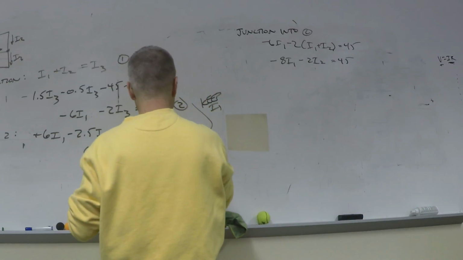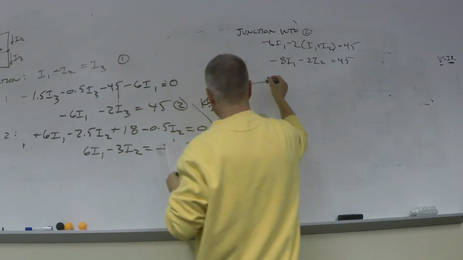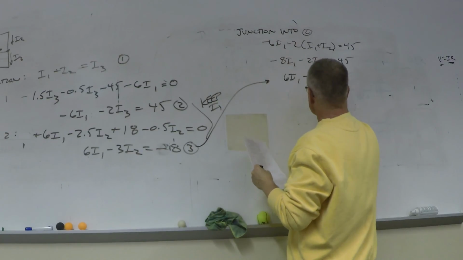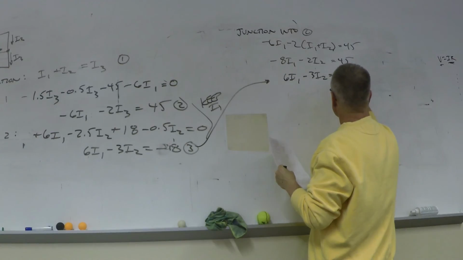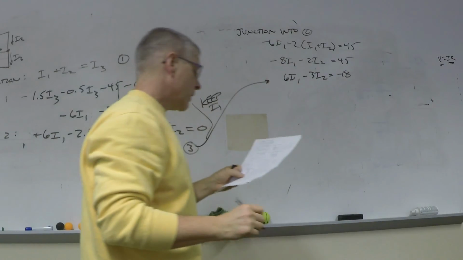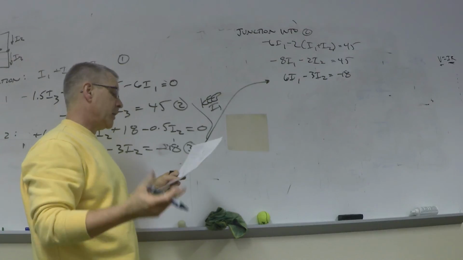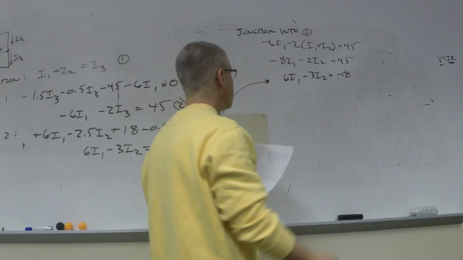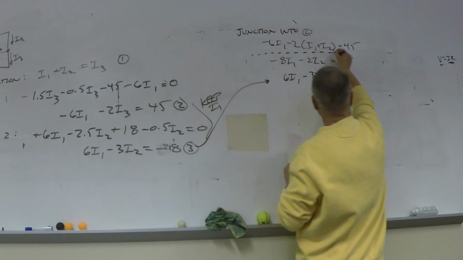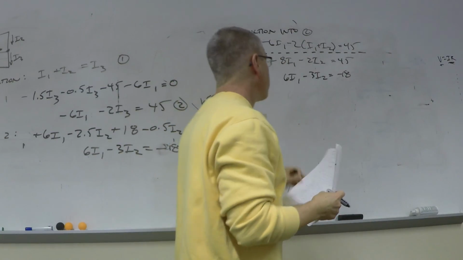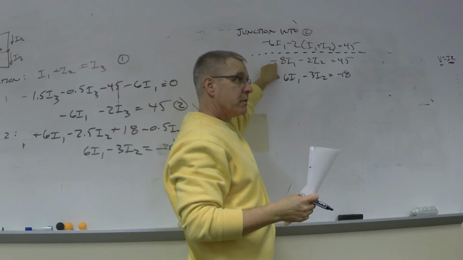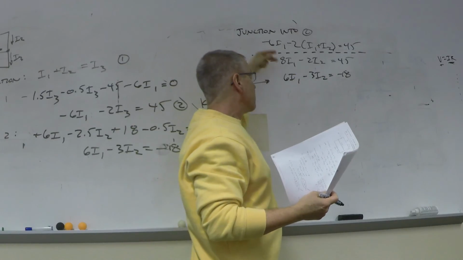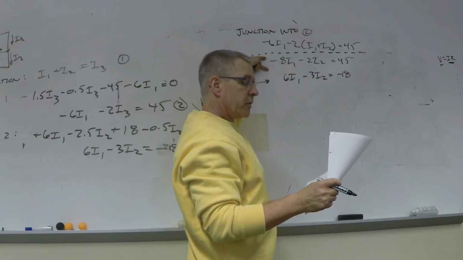Let's take our other loop equation, put it underneath this one. Let's get rid of, and again, we could get rid of either of them. Let's get rid of the I2s. So how do I get rid of I2 if these are my two equations? Without having to think a whole lot. Multiply the top by 3, the bottom